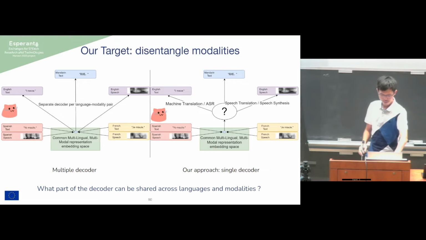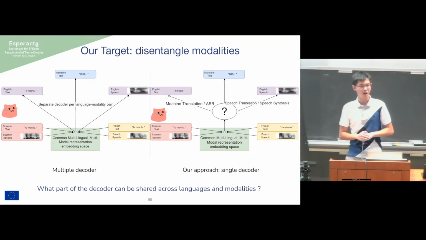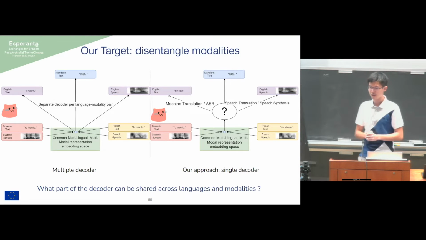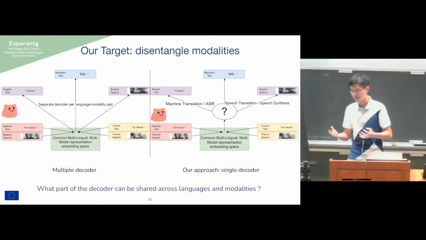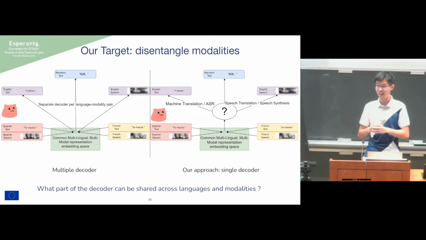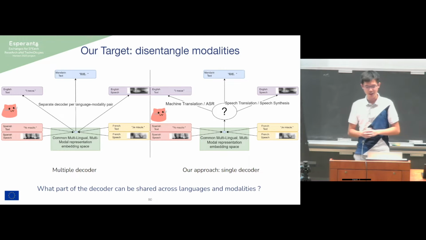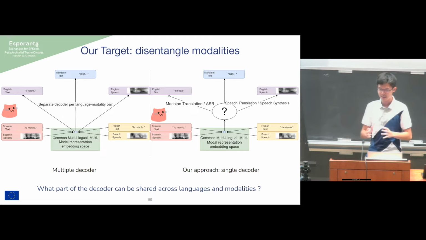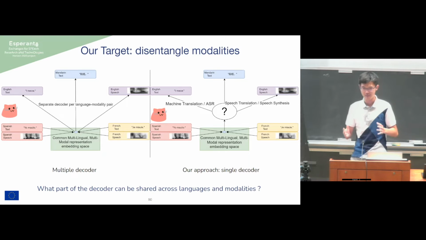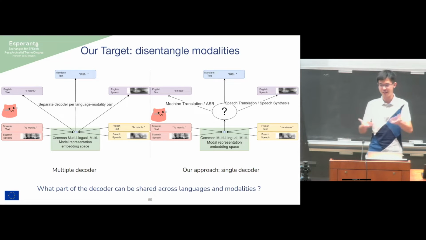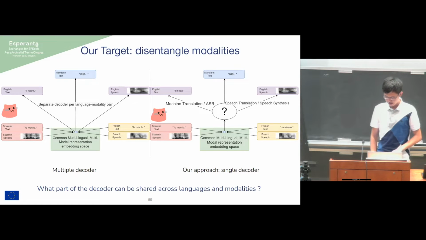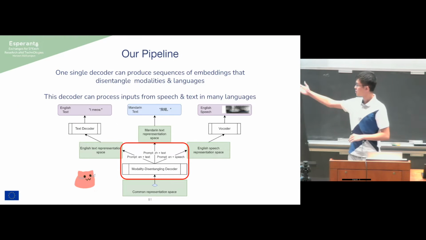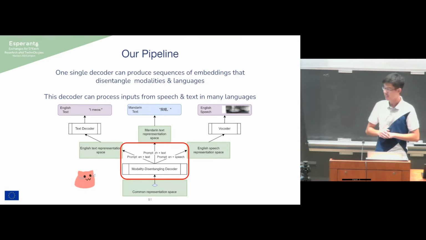Whereas our approach is slightly different because in many low resource scenarios, we would like the low resource languages and modalities to be able to leverage as much knowledge and as much information from the higher resource language and modality pairs. So we would like the system to be able to share as many parameters as possible for as long as possible until it finally branches out into what we want. As such, we introduced the pipeline for our decoder, as shown here.